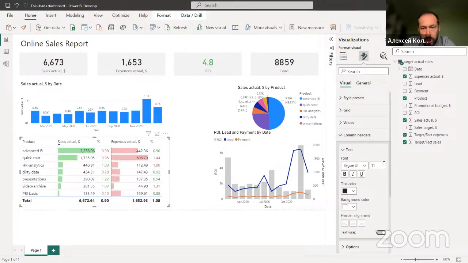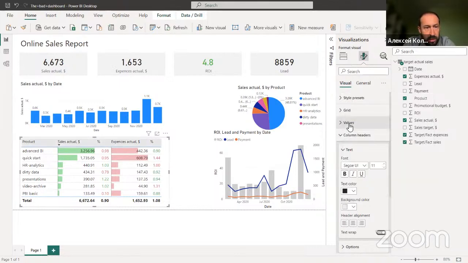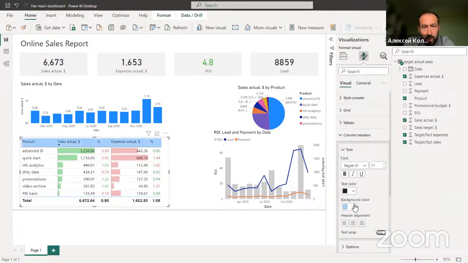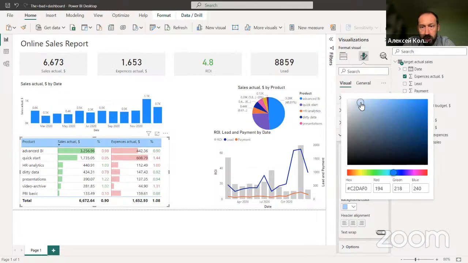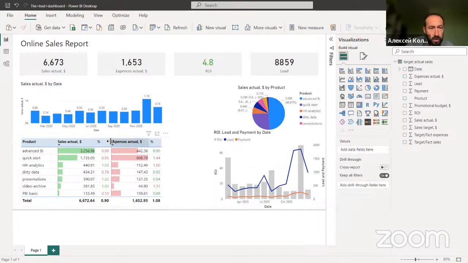I will also enlarge them and add light blue background, but not so dark. I'll go to more colors and use this light blue background